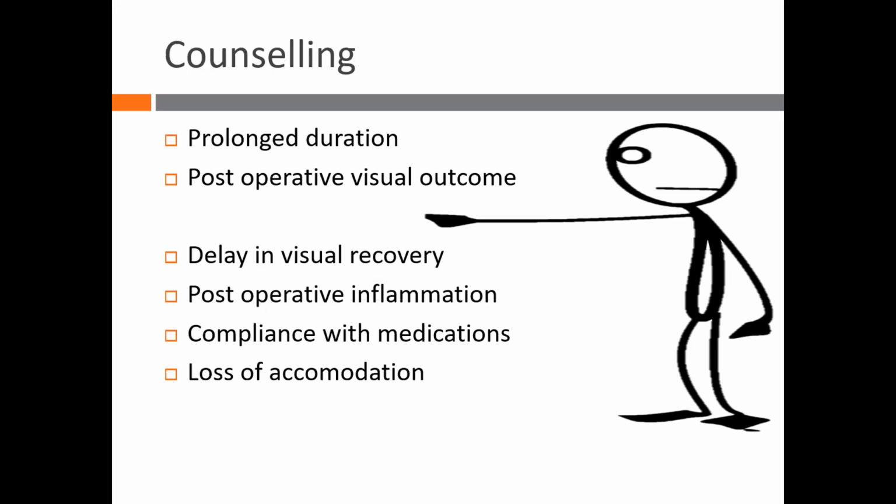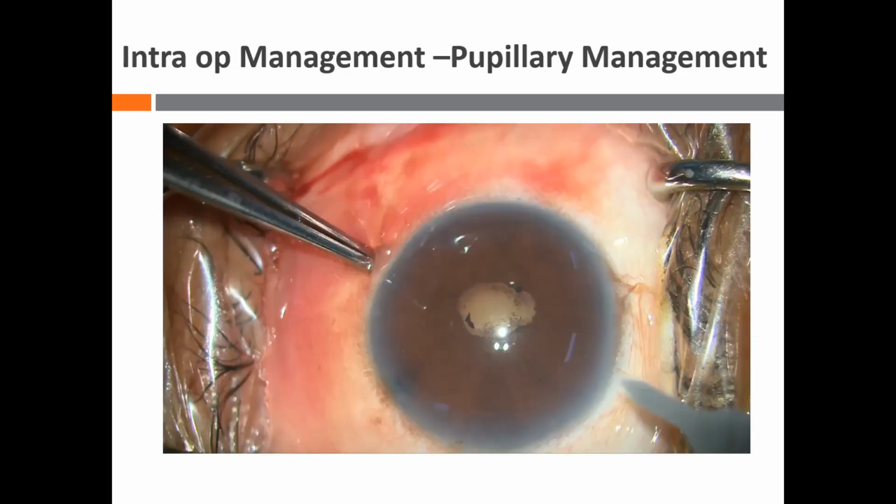If they are not going to see their cell phones clearly, they are not going to be happy with you, even if you give a 6/6 vision for them. So coming to the intra-op part, it's the pupillary management, which is the main difference in uveitic cataract surgery. Most of our patients have posterior synechiae and hence a small pupil. We will look at a few methods as to how to enlarge your pupil.